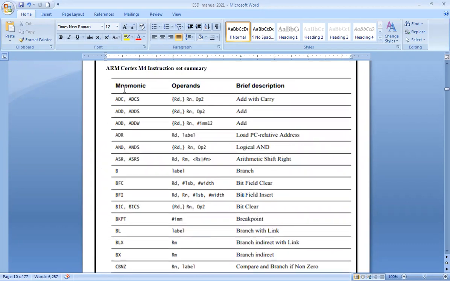Let us see a few instructions. I know you have already gone through these in your theory subjects, but just to give a glimpse. ADC is nothing but add with carry. So how does it work? First is going to be the destination, and then the source. So the format is the destination comma source, and that's the format that we will be using throughout. The source will be at the extreme right hand side.